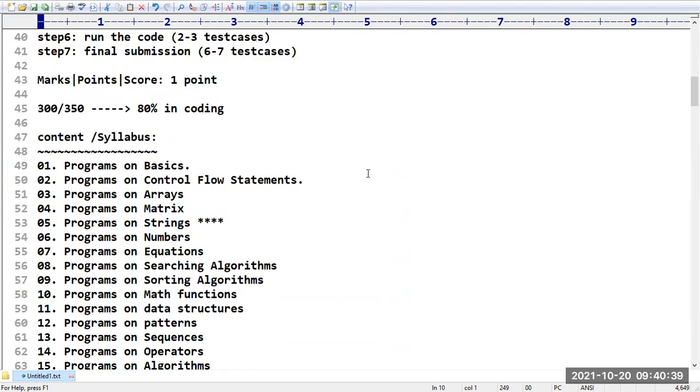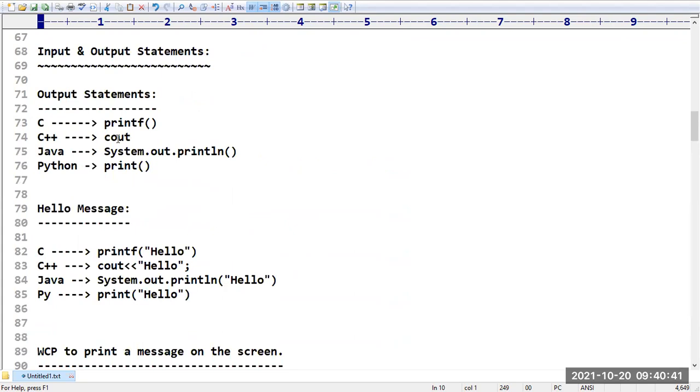In the previous sessions, I explained very clearly about various input and output statements which are supported by various programming languages. If you take output statements, in our C language, printf is the function which is used to print some message on the screen. Similarly, in C++, cout is the function which is used to display output on the screen.